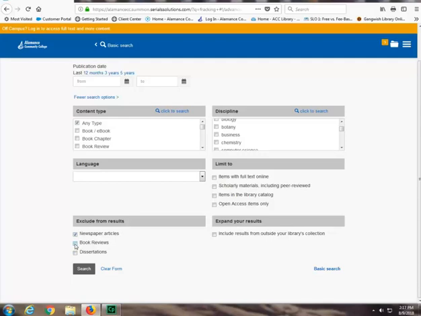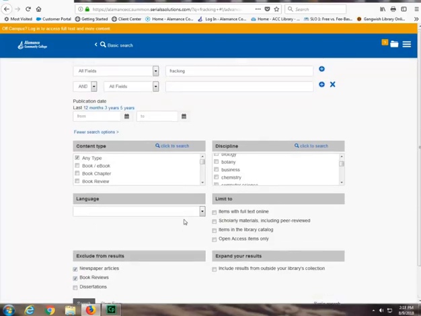Also, book reviews can be very helpful. Occasionally, if you're doing historical research, you may get a lot of results, and unfortunately, they're book reviews and they're not very helpful, so you can check that as well. So just some options to consider when you're searching the Summon platform. But basically, in a nutshell,